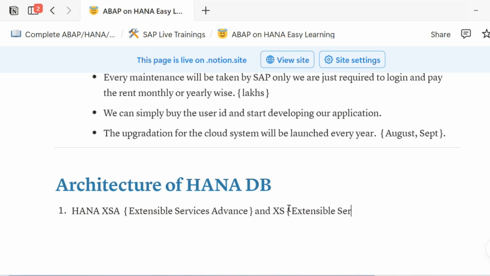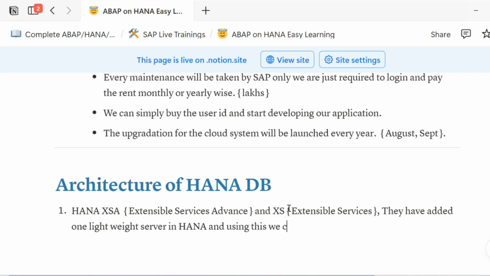What they have done here, they have added one lightweight server in HANA, and using this,